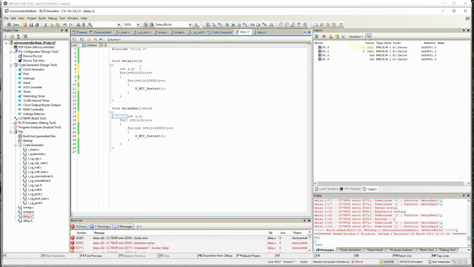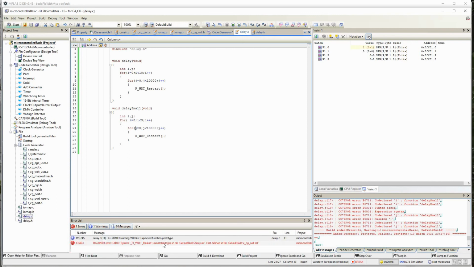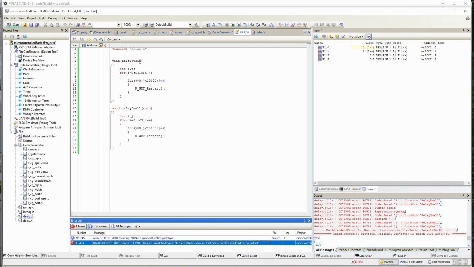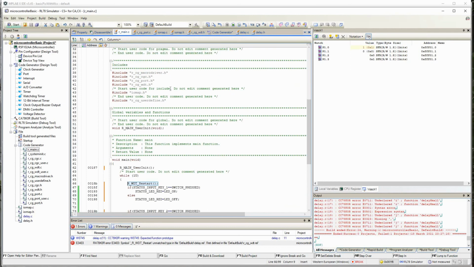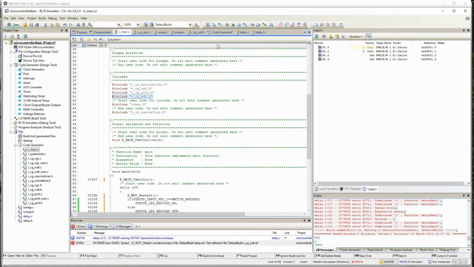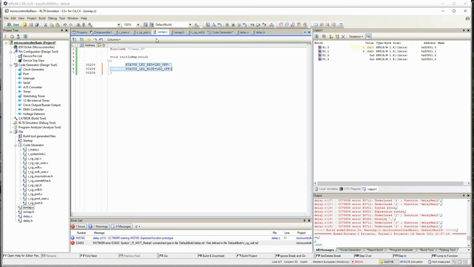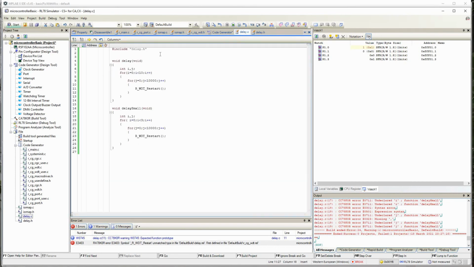And about declaring the variables, in the next chapter I will show you how I generally declare variables. I never do it as int i, j. For the simplicity of this one, let me keep it like this, so that error went away. It does not know where this real watchdog timer is, so it is in watchdog timer.h. If I put it here, this error should go down. I just saved it, the error went away.